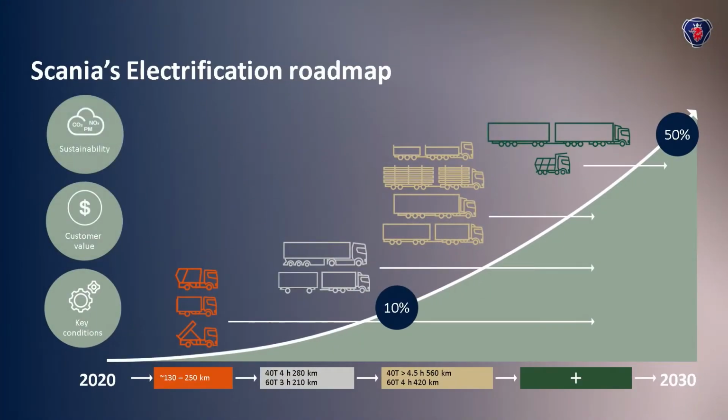So let me take you through how we see the electrification roadmap of heavy trucking. Already today, we have electrical trucks running in urban operations, so mainly doing city distribution and also waste management. We have also launched our regional battery electric truck that will have a range up to 350 kilometers and will also be available both as a